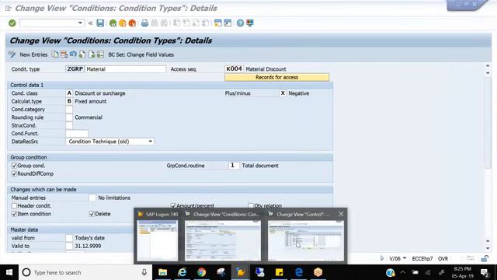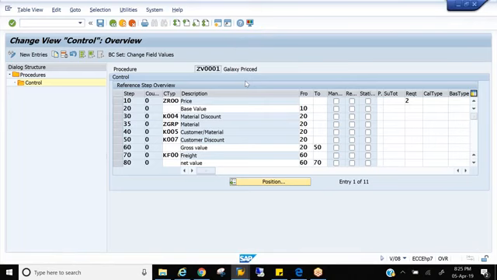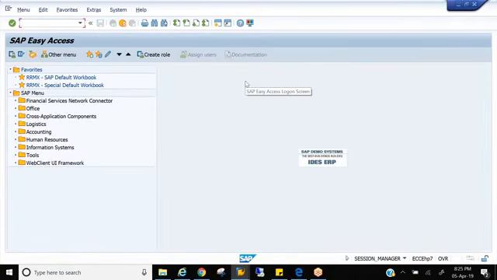Right now, let us maintain a condition record for ZGRP. Before doing that, let me delete the customer material combination discount.